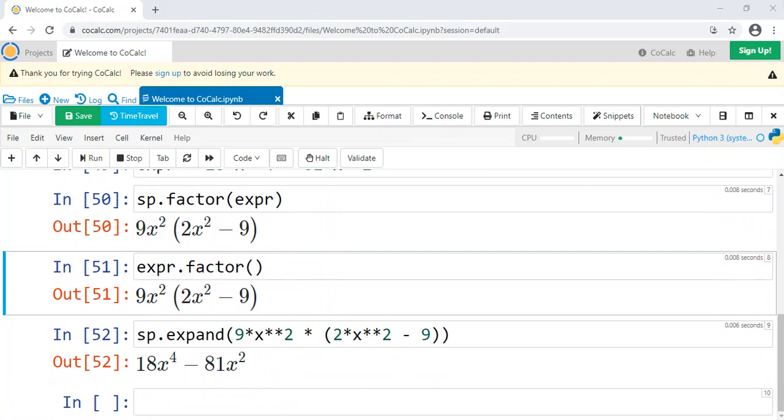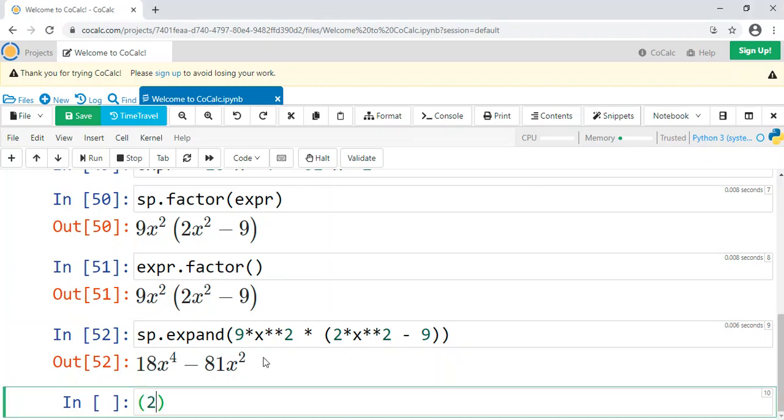You can also, perhaps more practically, use expand on other kinds of expressions. For instance, something like where you have 2 times x minus 9 times x plus 30.